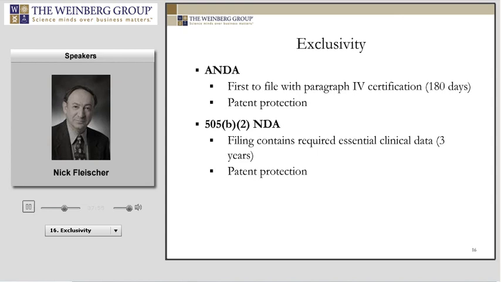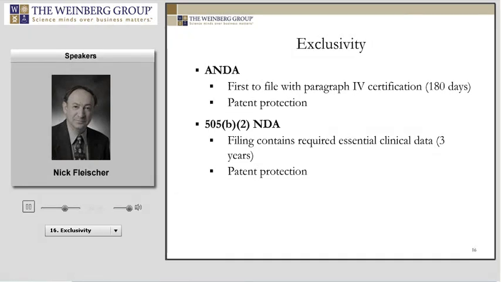A 505(b)(2) NDA can get 3-year exclusivity only when the approvability of that NDA required clinical data. So in a situation where a 505(b)(2) NDA goes for, let's say, a new indication, and they need clinical trials to get that new indication approved, the FDA would give that application 3 years of exclusivity. If they develop a new formulation and clinical trials are required to get that new formulation approved, other than pharmacokinetic bioequivalence trials, that would also grant 3 years of exclusivity, which means that the FDA could not approve a generic version of that 505(b)(2) NDA until those 3 years are up.